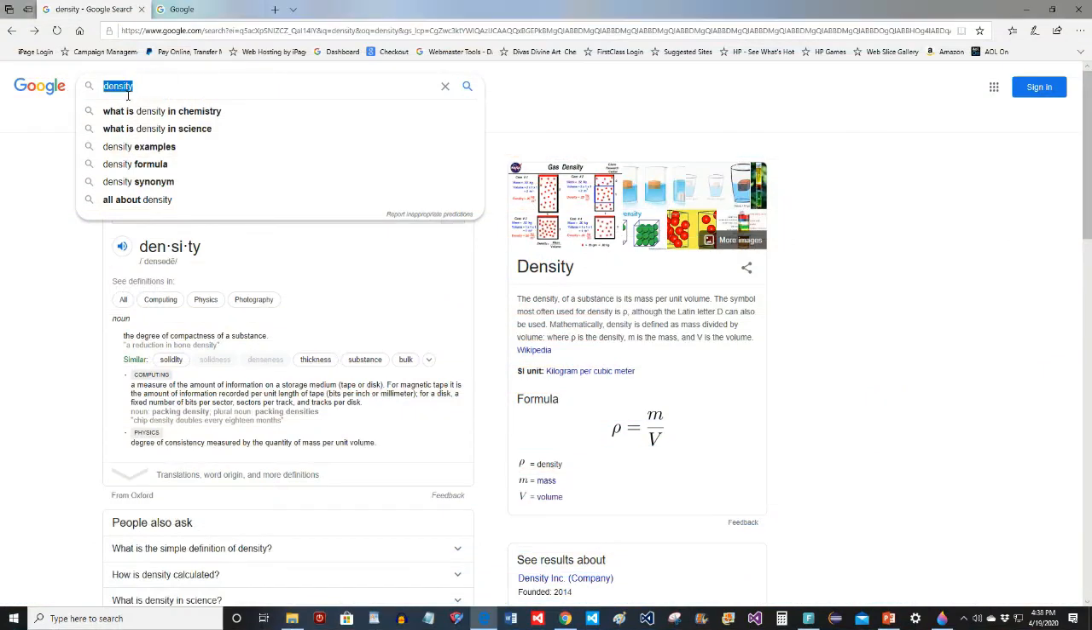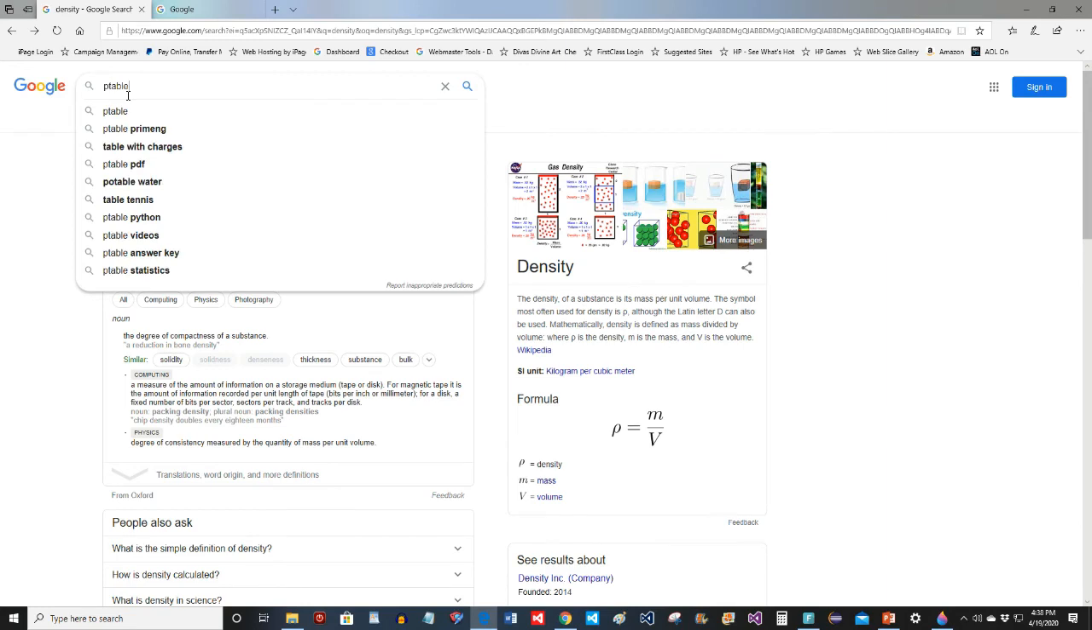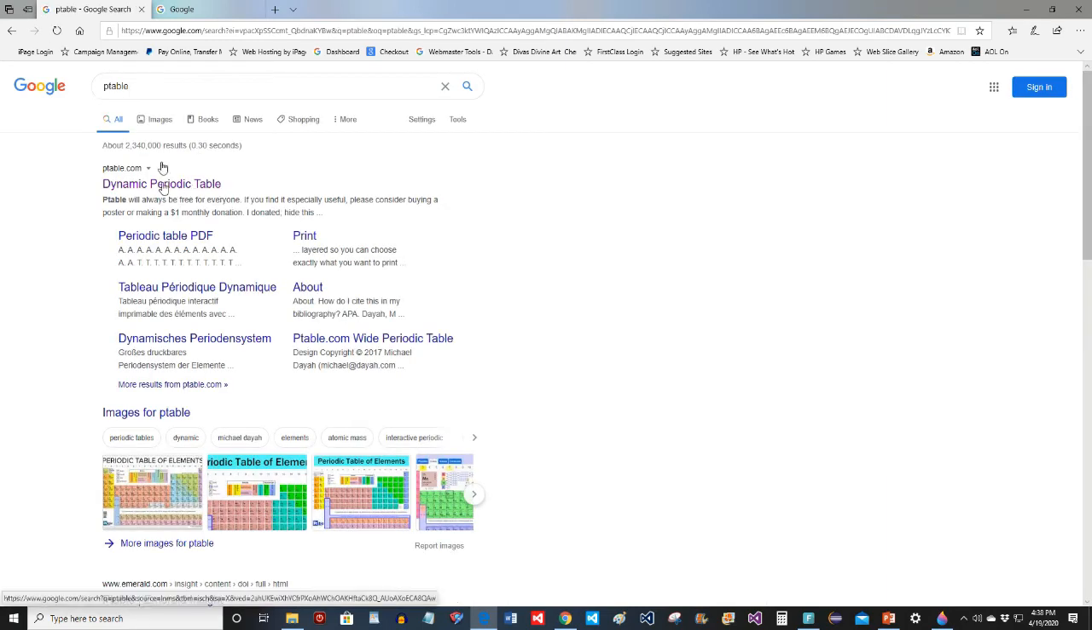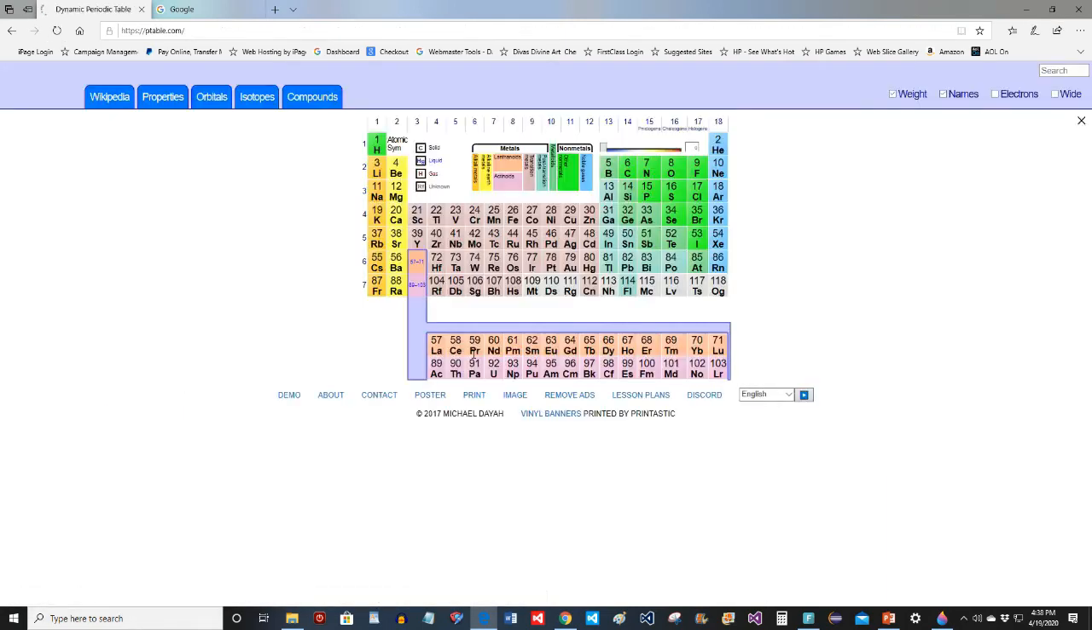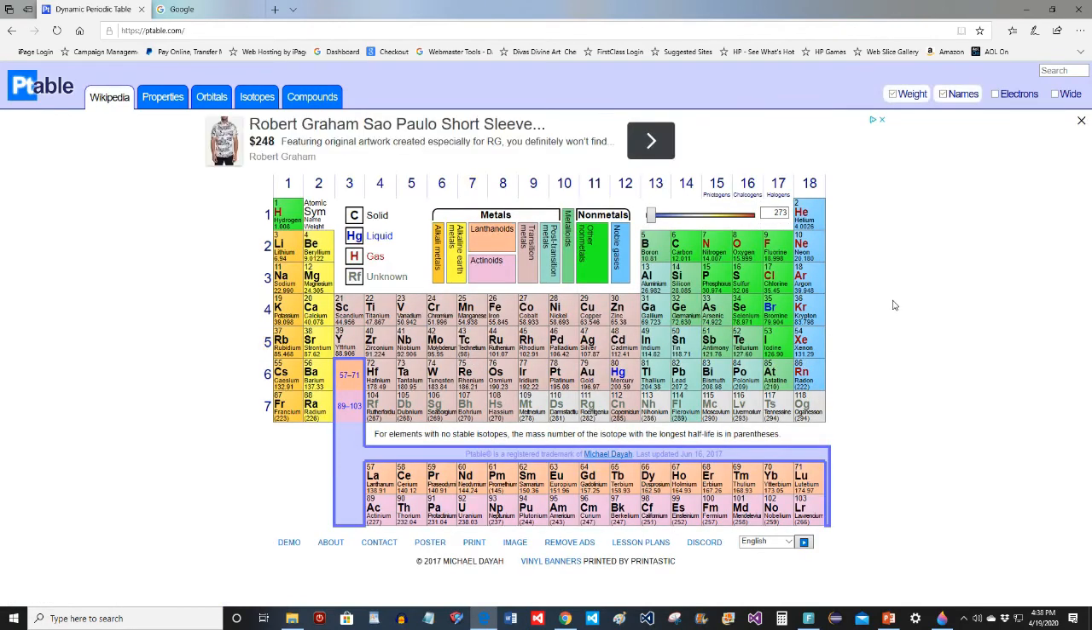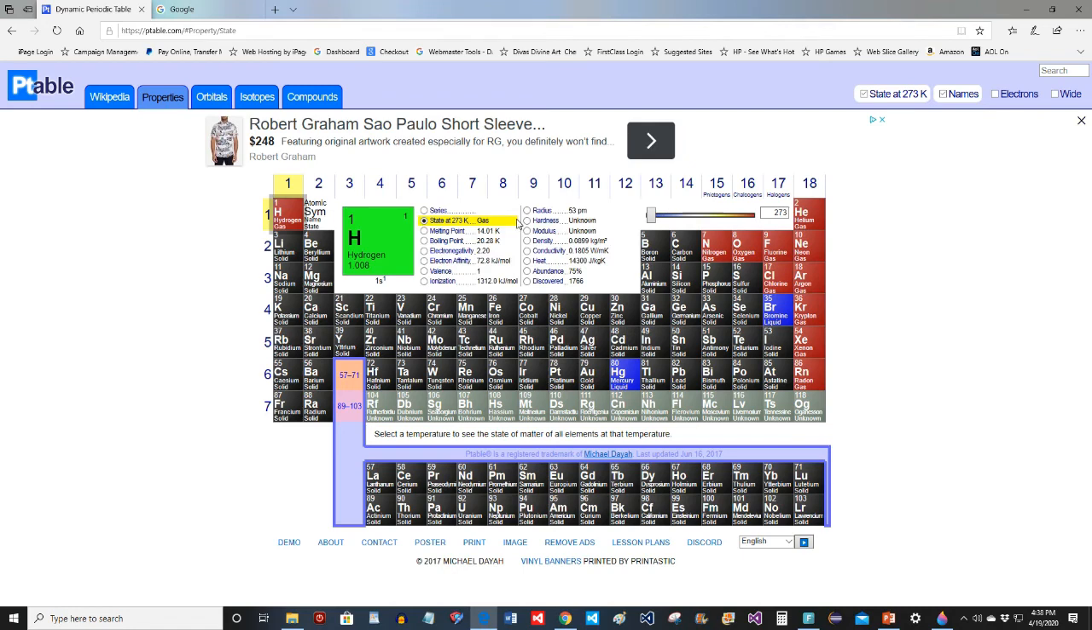Go to one of my favorite periodic tables of elements that's online. It's called Ptable, or the dynamic periodic table. I hope you remember this one. And the question is, why do some elements migrate faster or slower during capillary action? And I want you to come up with a good hypothesis. So let's think about the different properties for elements. Let's click the Properties tab here, and here's a whole bunch of properties of elements. So maybe it's